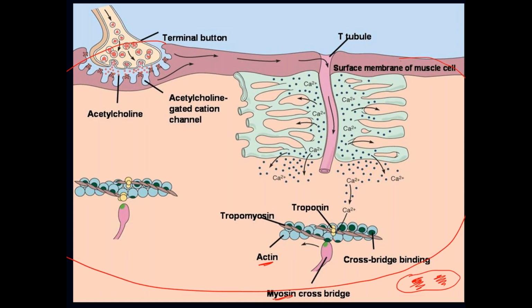Okay, I just want you to see that all this structure is one fiber. All that I see here inside is a fiber. That means it's one muscle cell. And this surface, the cell membrane, is this. The cell membrane that I show here, look at this, here, here. This is the cell membrane of the cell. So all this is going to be the surface cell membrane of the muscle cell. Can you see? Okay, so now here we have the neuromuscular junction.